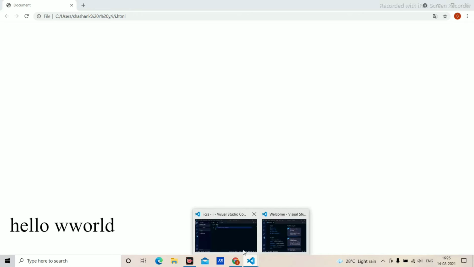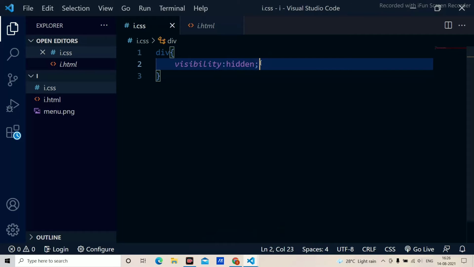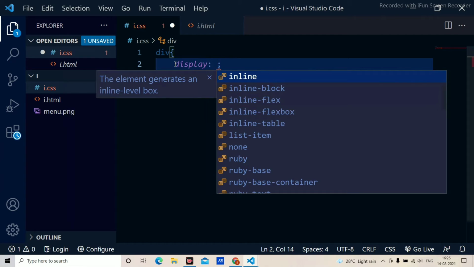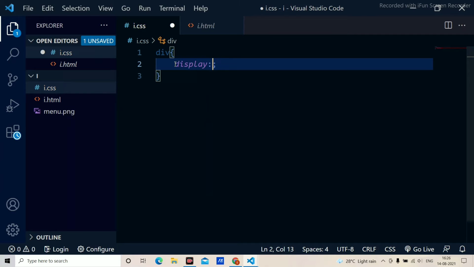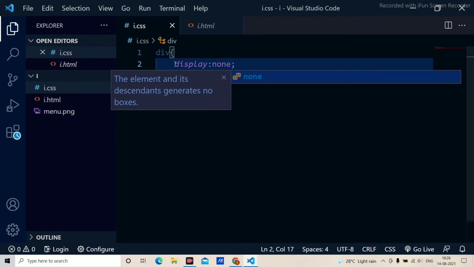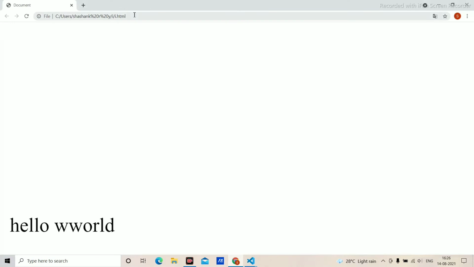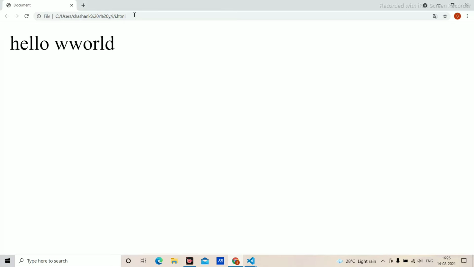If I use display none instead of visibility, it will not show anything and it will not allot any space. Because it is not allotted any space, hello world is displayed at the top of the web browser. This is how we use display and visibility.